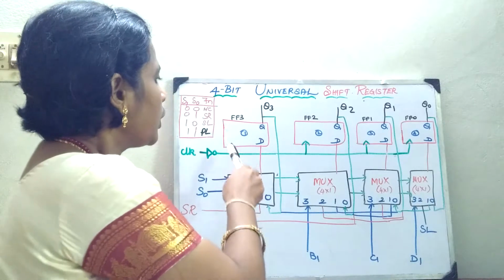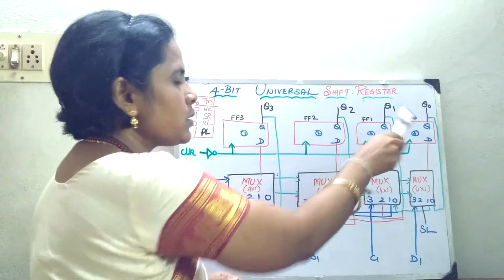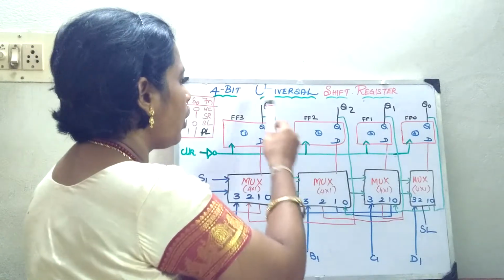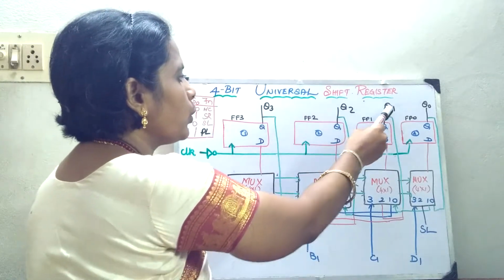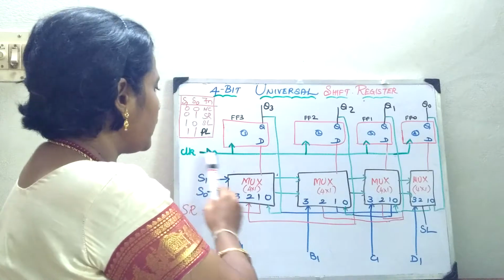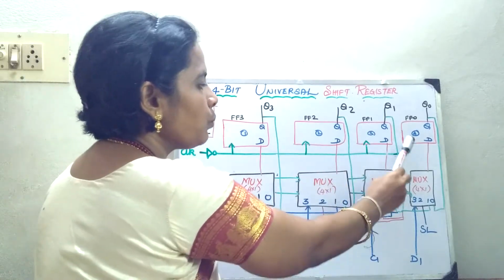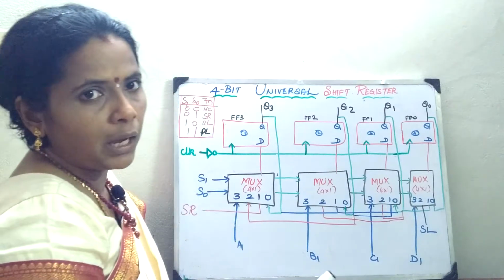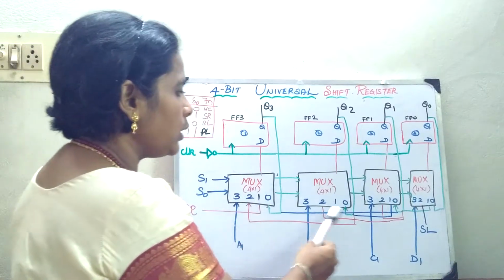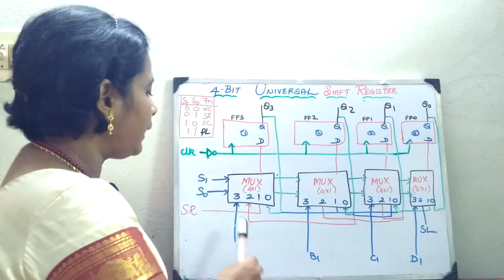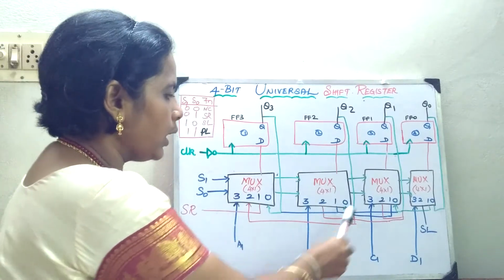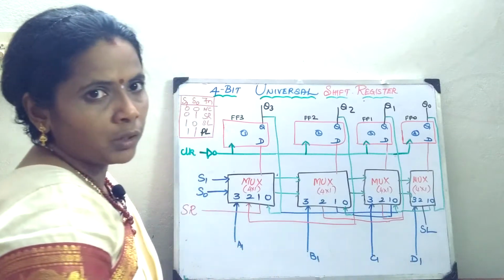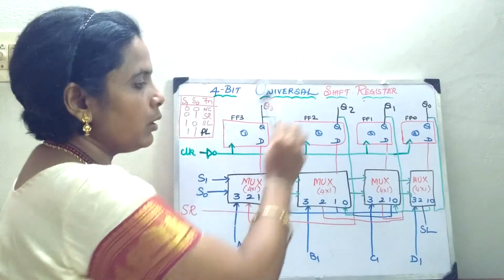Okay, for this you just draw 4 flip-flops. Write the inputs D, Q, input and output, and draw the outputs Q3, Q2, Q1, Q0. Then the next step is to give the clock pulses to all. Now you draw 4 4 cross 1 muxes. So it will have 4 inputs 0, 1, 2, 3 that you mention here, and at the third input you draw the inputs A1, B1, C1, D1. Okay, inputs have been drawn, output has been written.